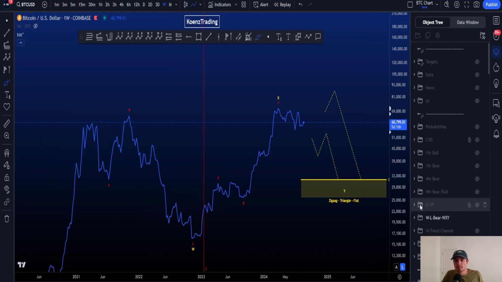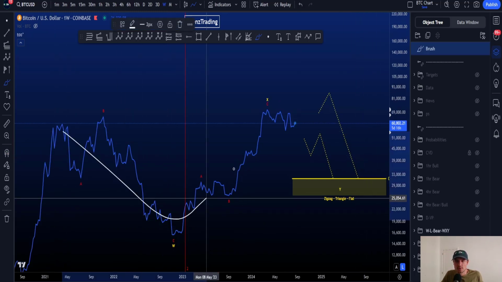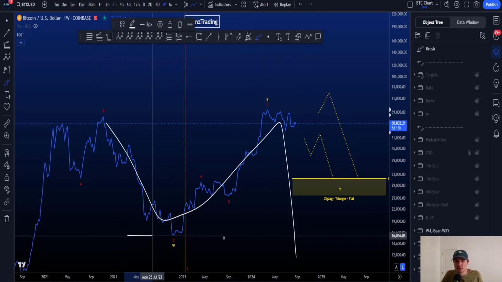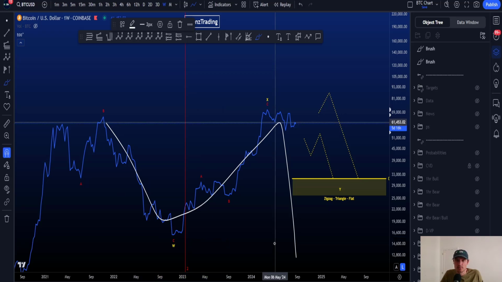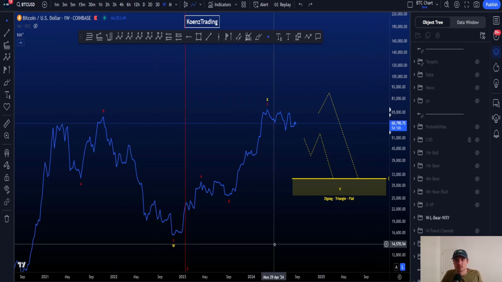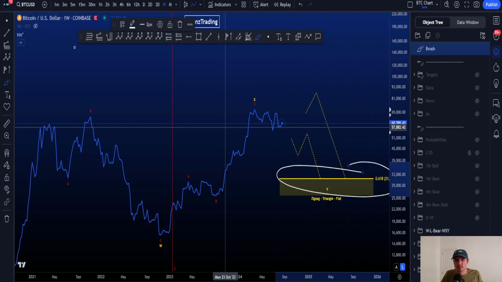The bearish scenario on the weekly time frame on the line chart here is what you see, a WXY. Yes, I can make a flat ABC, but because the target is below 15k, which at the moment is not something to talk about at all. We're at 60k. I prefer keeping a WXY on my chart, which has a higher target, which is the 0.618 here